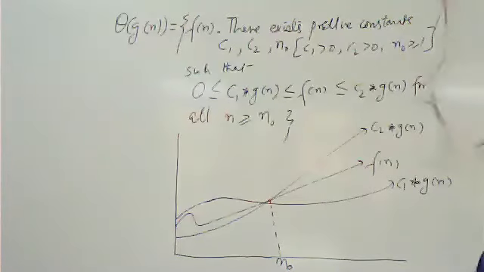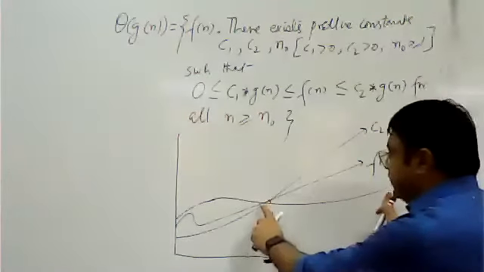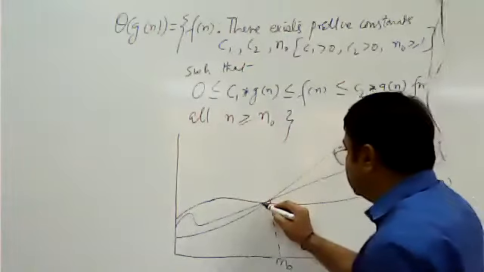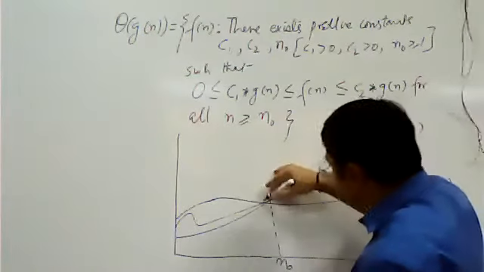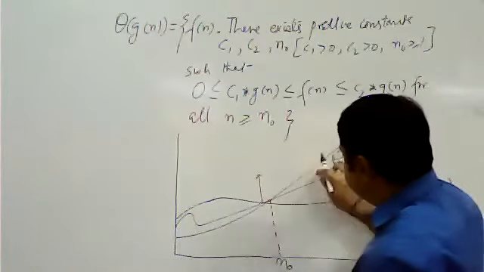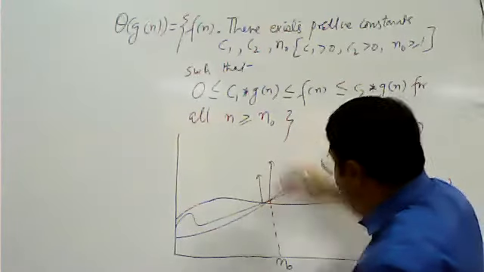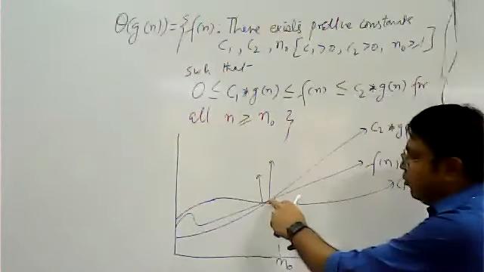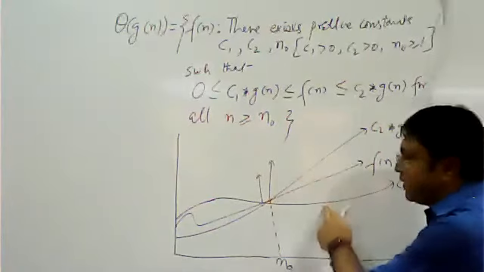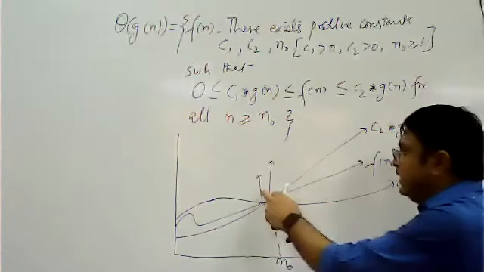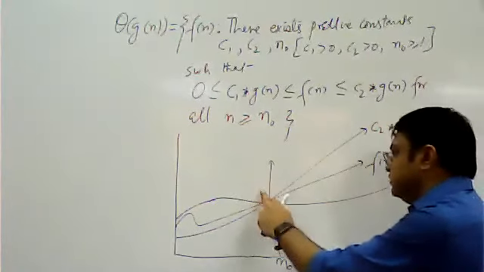So if you see there carefully, this function is crossing here. This function is crossing at this point, and this upper function is crossing at this point. So this point we have taken, because after this point, this is greater and this is always lower. I have not taken this point. So remember this thing.